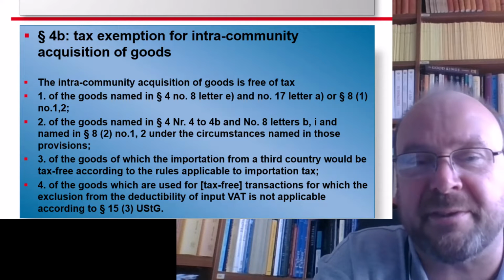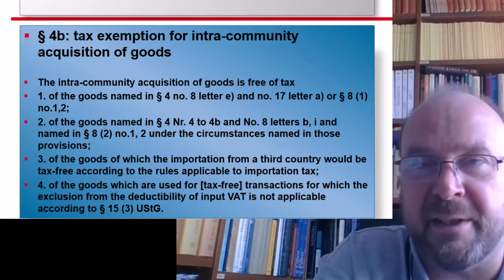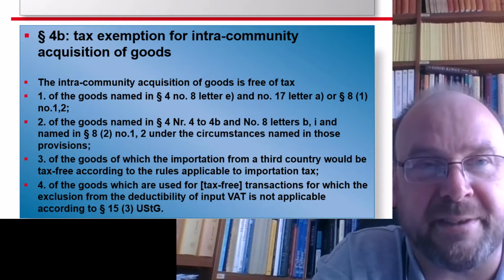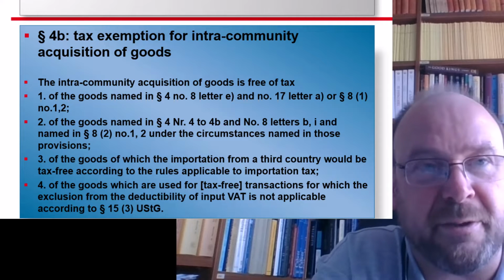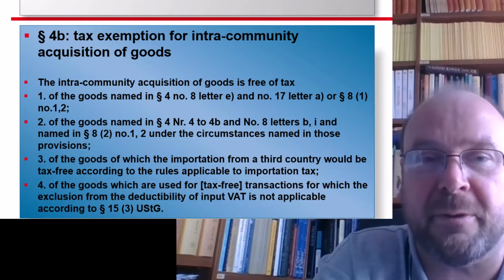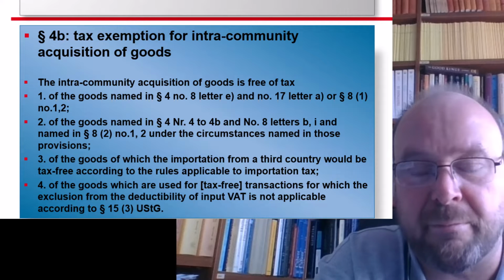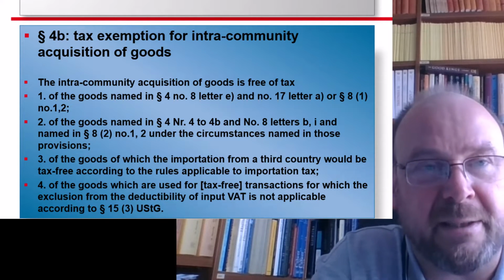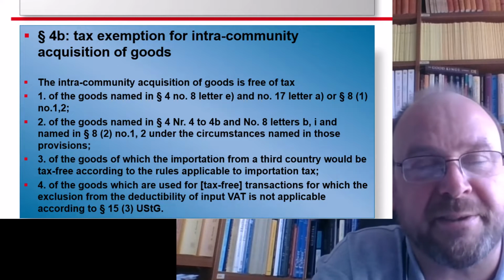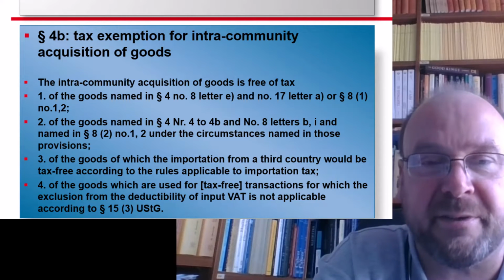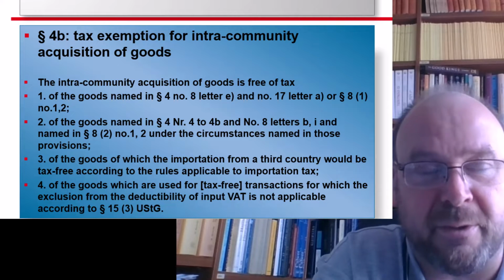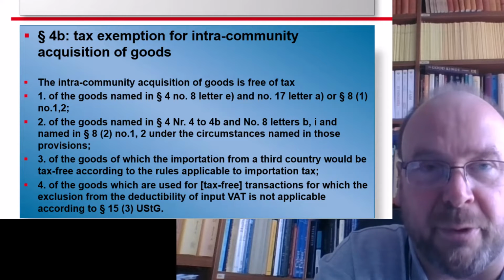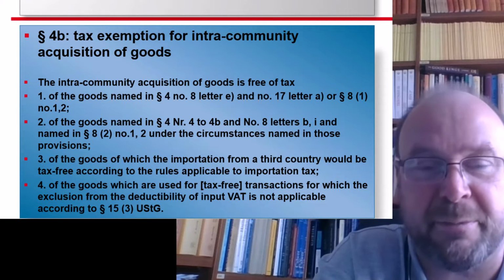One of the interesting cases where it would apply is if you drive with your business car through the territory of, let's say, France, then you need to go to a tanking station. You fill up your tank with fuel there and return home. Then bringing the fuel home from France to Germany is not taxable as an intra-community acquisition, because crossing the border with a tank full of fuel which you bought in Switzerland would also be free of importation tax,